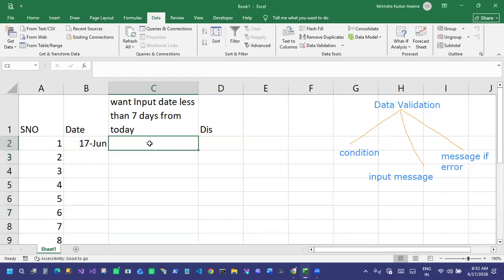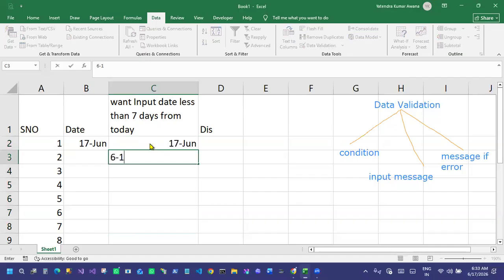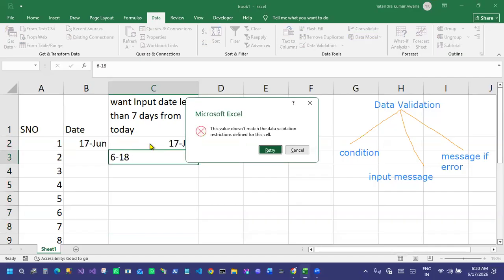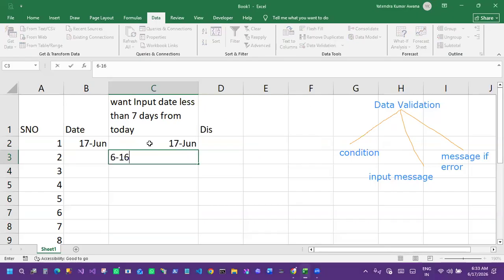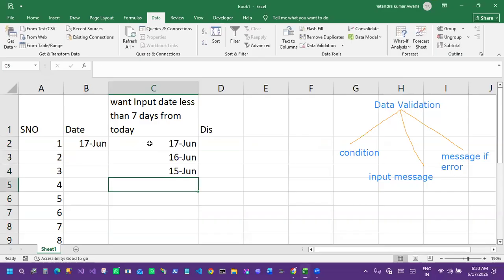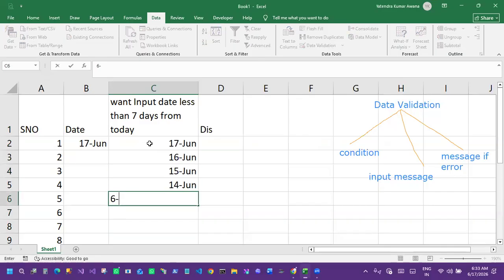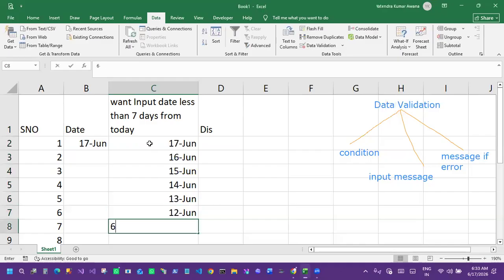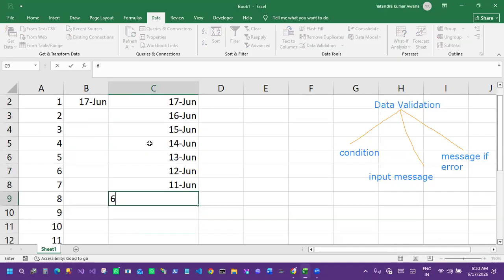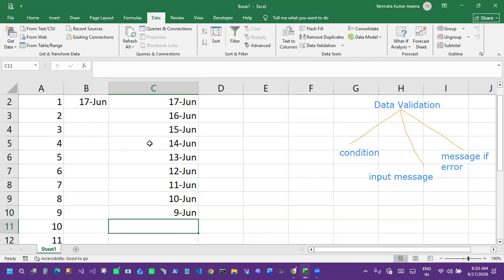If I put 618, it is not right. If I put 616, 615, 614, 613, 612, 611, 610, 609, right? So it is allowing me to do that.